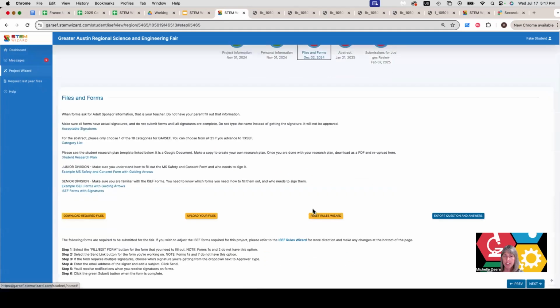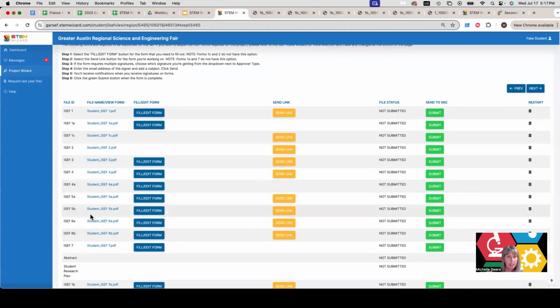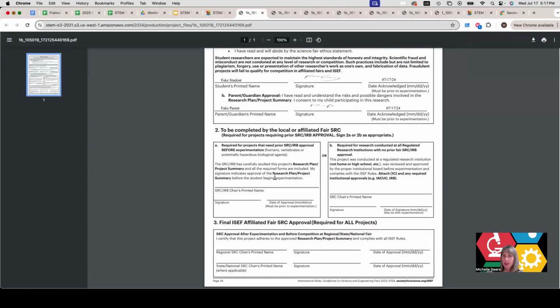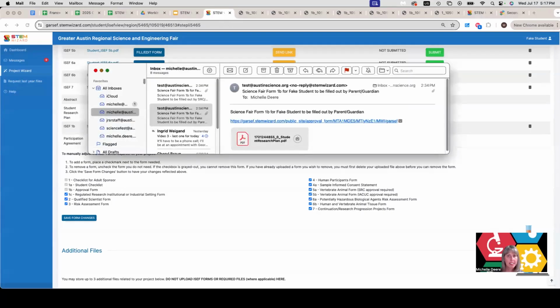So I'm going to go back to my Files and Forms. Okay, and click on that Form 1B. The student would see that part signed, but they're still waiting on the SRC approval in 2A. So that would let the student know not to click submit yet, that they need to contact that approver. So let's go back to my emails then. And the second email I sent myself here is the one that says SRC IRB box 2A. So if I click that link,